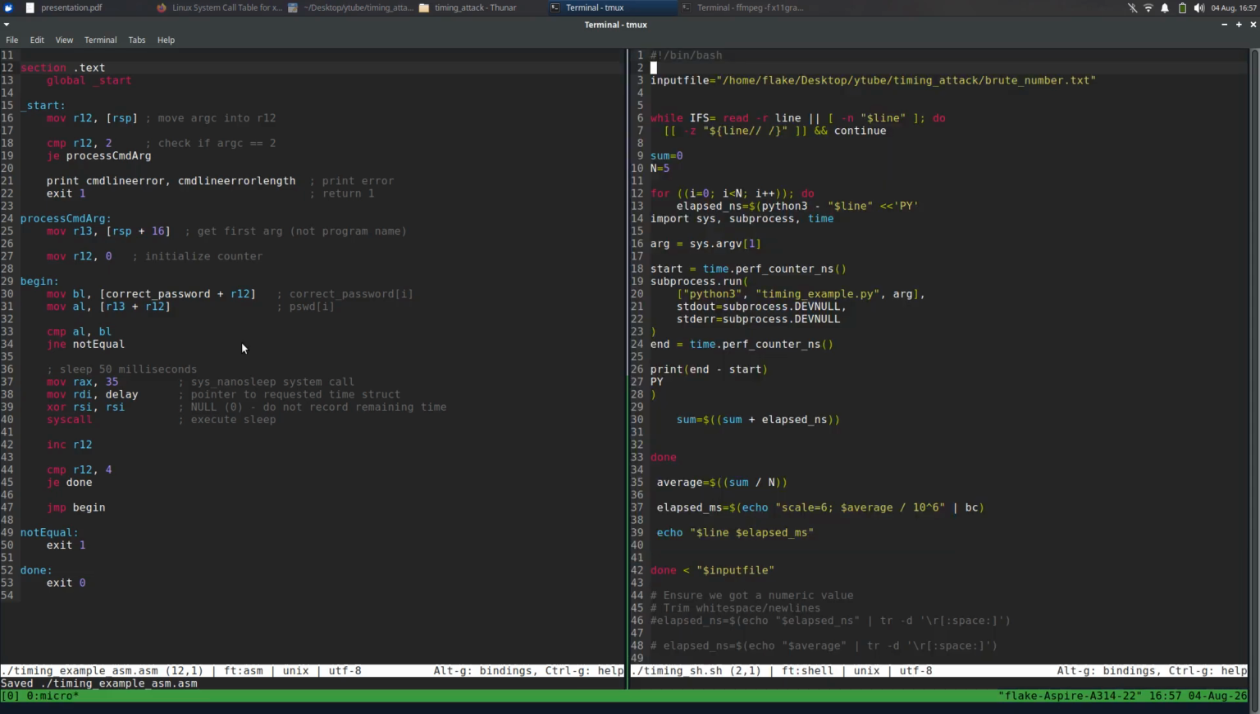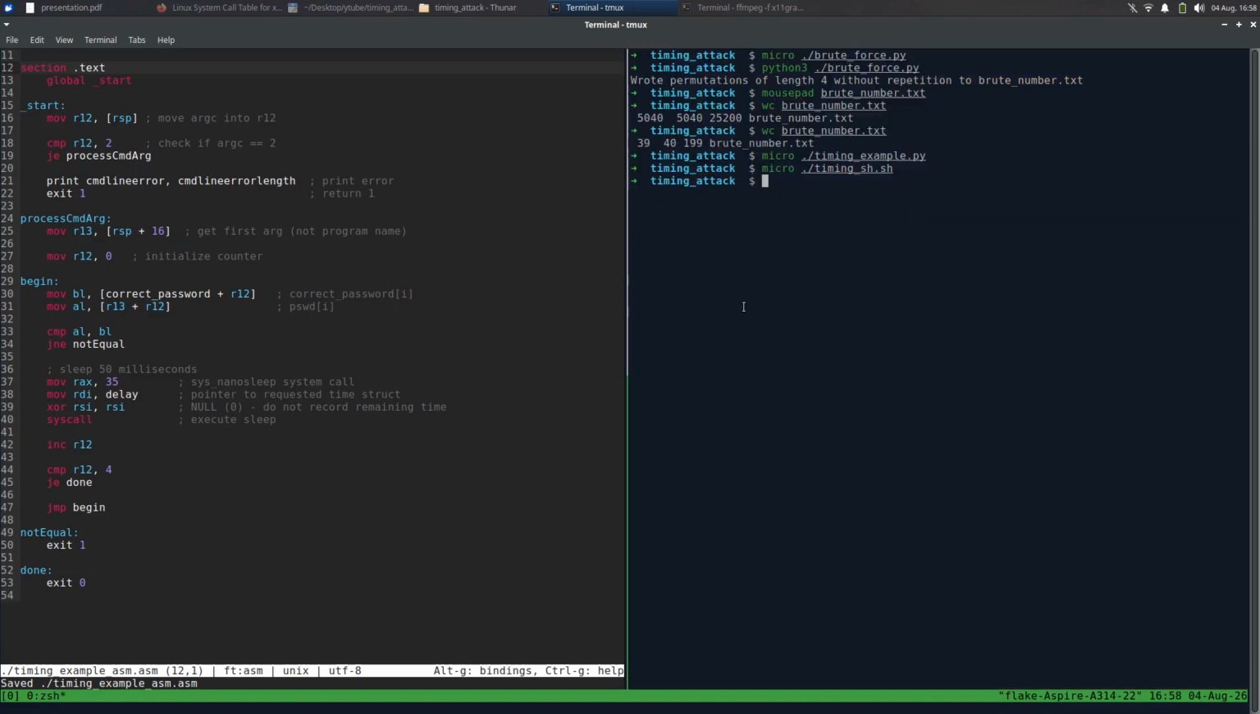Okay, so we see here that I have the brute number.txt, which now contains 31 possibilities because I'm using this for demonstration purposes. I'm going to read each line and pass each line as a parameter to our Python script, and then it's going to calculate the average. It's going to do the computation 5 times. That is, it's going to read the times 5 times, and then take out the average. So what I mean is this. When I run timing sh.sh,